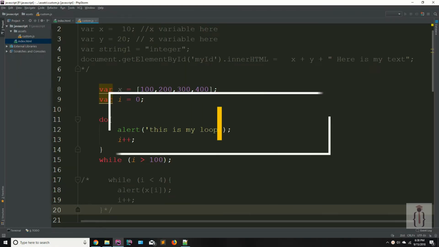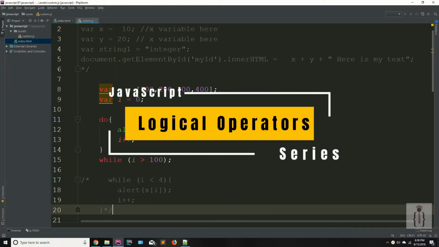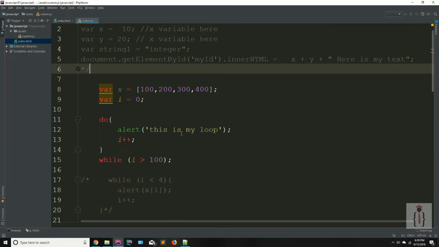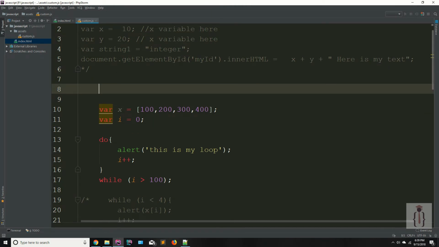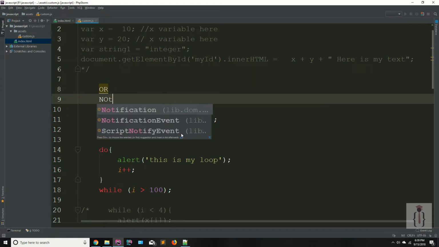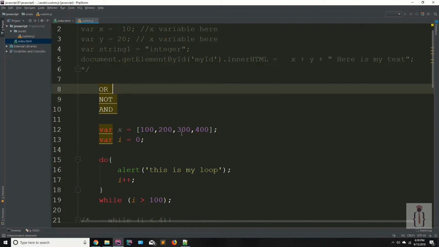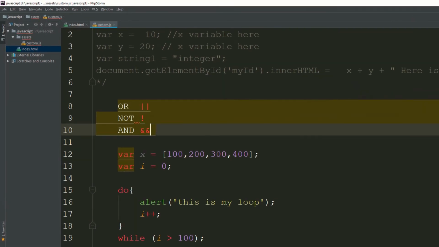We have 3 types of logical operators: OR, AND, and NOT, because they are called the logical operators. They can be applied to values of any type. How? Let me show you how your OR, AND and NOT work. For suppose you have your OR, you have your NOT, and you have your AND sign. How do they work? So you can use this. This is also OR, and this is NOT, and this is your AND, 2 times,